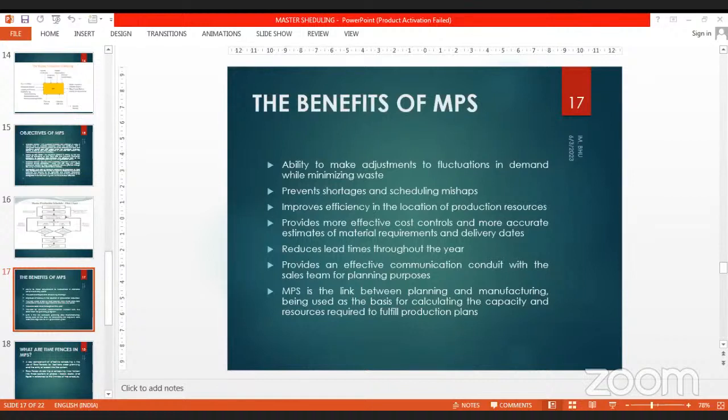MPS is the link between planning and manufacturing, being used as the basis for calculating the capacity and resources required to fulfill the production plans.